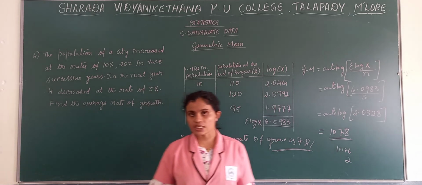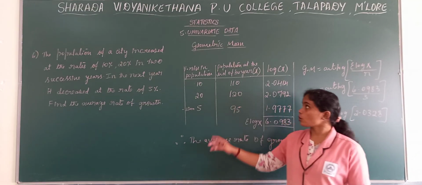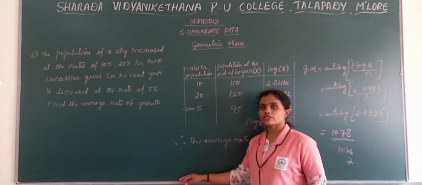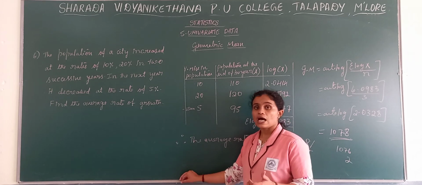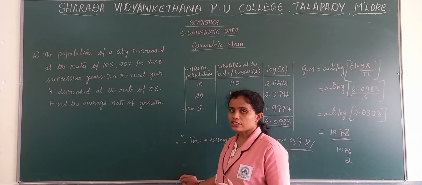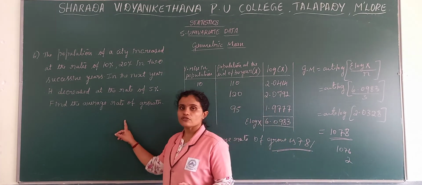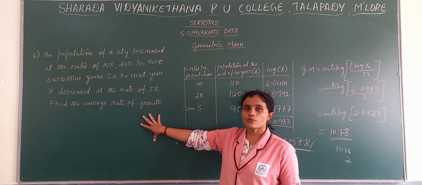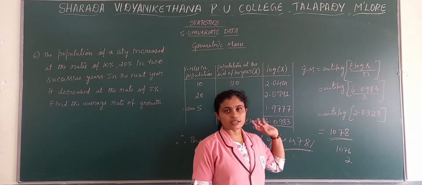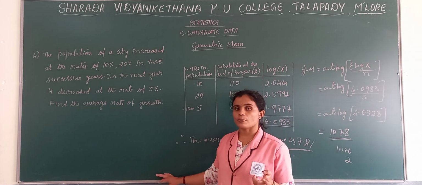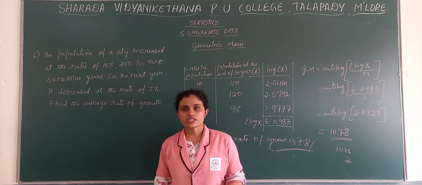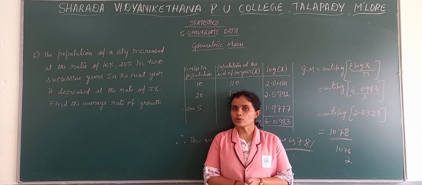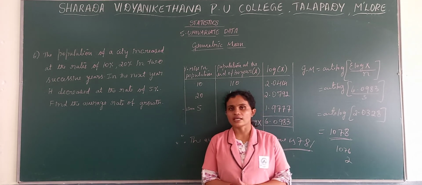So with this we can wind up the topic of geometric mean. In the previous session and today we have seen a variety of problems related to geometric mean: ungrouped, grouped, discrete and continuous, same formula, and this is one different kind of problem. Possible questions are either this question or else continuous data for finding the geometric mean. Next, one average remains under measures of central tendency, that is harmonic mean, which we'll see in the next session. Thank you.